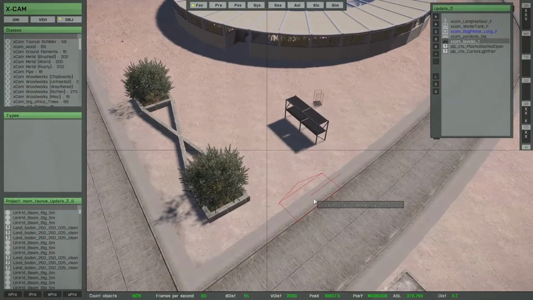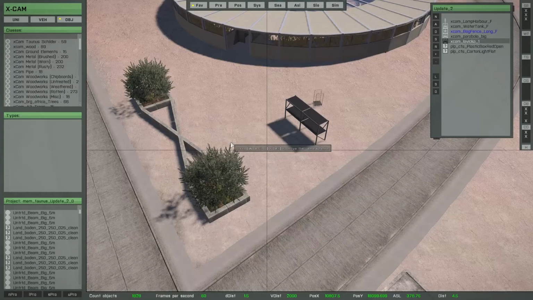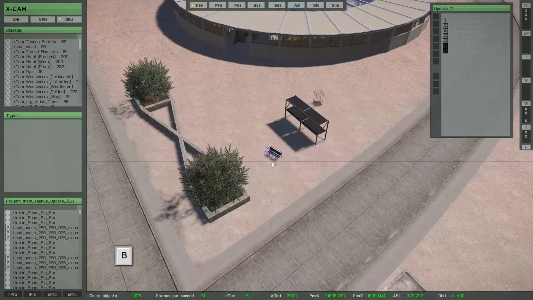The SingleBrush also gets some new options. The first new option is to get the orientation of any other object while the brush is active. So I will give you a small example to show you the new possibility. First we have to start the SingleBrush, press B,